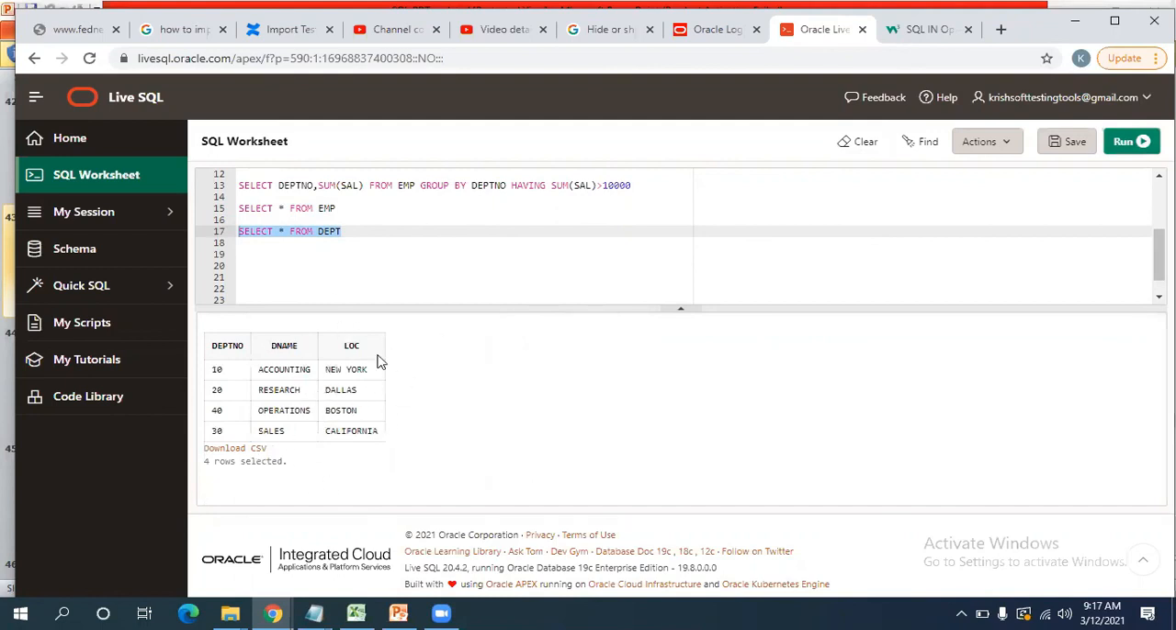Did you observe one thing in both these tables? Department number is common. Yes, department number is common. I want to combine these two tables now. How can we do that? Select star from employee, comma, department. My condition is what? Where